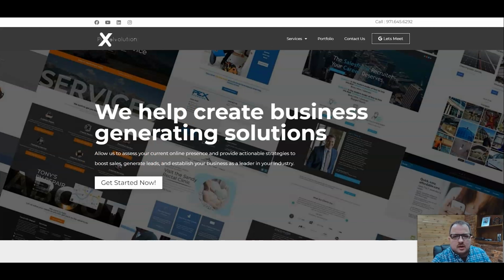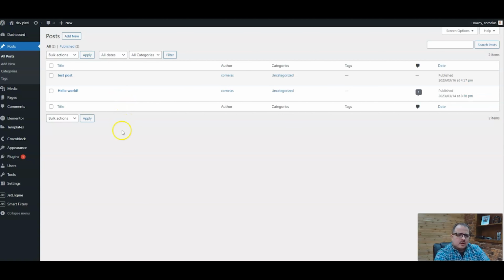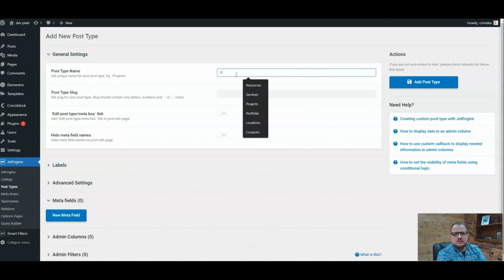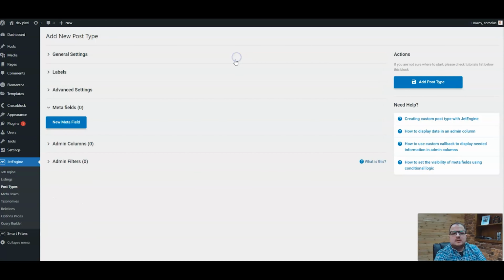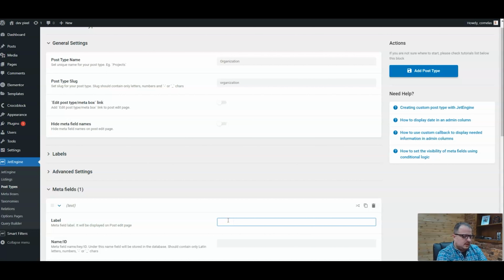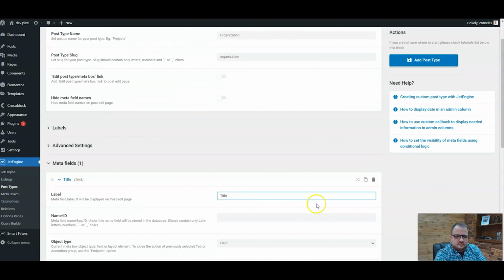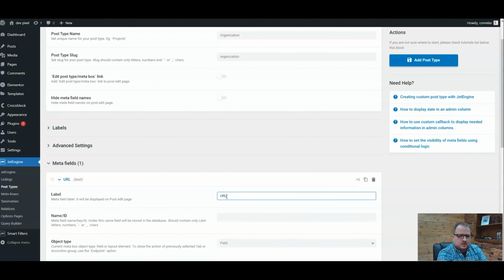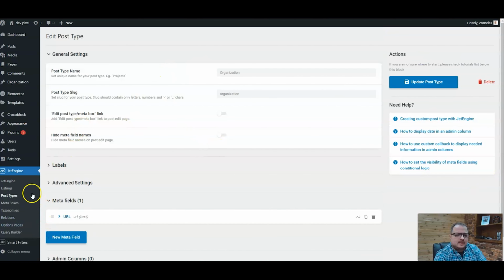And here we are talking about, let's start with relational databases. Let's say we're going to do a post type here, and we're going to say organization. And we're just going to say title. The title could be the post, but in case you don't want it to be that way, let's just make the title the post here. That's fine. And we'll just say this is a URL. Okay. And then let's say this is for a